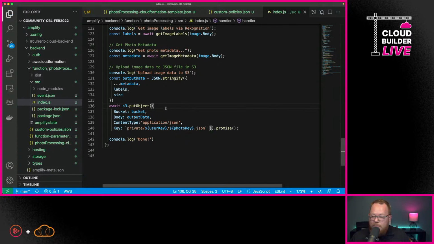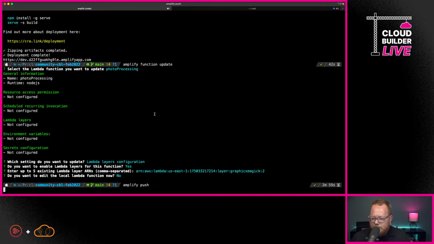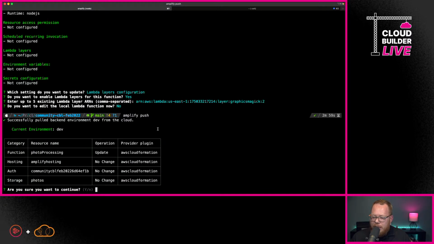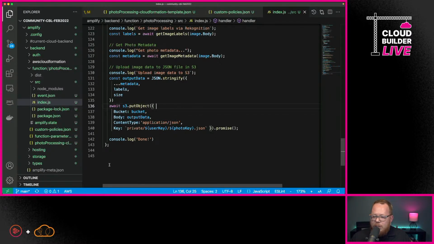So now that we have this in place, we can save it, and we're going to go ahead and run Amplify push so that our backend gets deployed. And then we're going to need to update just a couple of the functions that we have for our services inside of our React application. So you'll see here that it needs to do some updates. We'll tell it to do that. We'll open up VS Code. And from here within VS Code, we're just going to make a few quick edits.